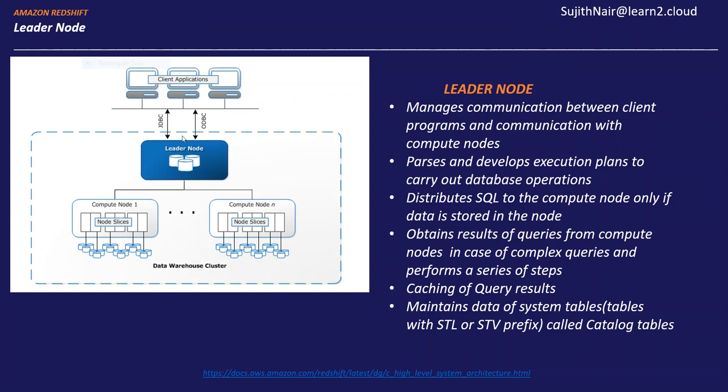So we have a leader node and we have multiple compute nodes. The data for the tables are stored inside the compute nodes, and when you create a table, that table data can be stored in compute node 1 or compute node 2, or if there are more than 2 compute nodes, it can be stored in any of those compute nodes. So what we are trying to understand is how Redshift will figure out, when the employees table is created and rows are inserted into it, where it should store the data. I want you to pause for a second and try to think about this and try to come up with an answer.